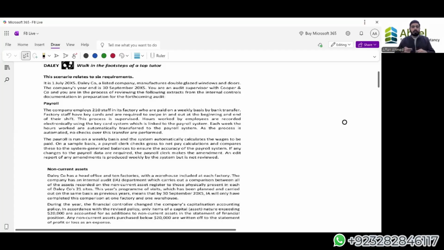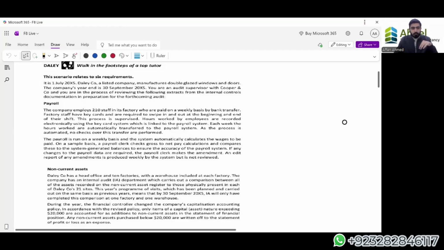Hello everyone to our second live revision session that is basically focusing on the drafting of substantive procedures and test of controls mainly. These are the areas that we target and are going to cover a substantial portion of your examination. The examination basically focuses on having test of controls tested in section A and section B both, and substantive procedure being at least 20 to 30 marks in the exam.